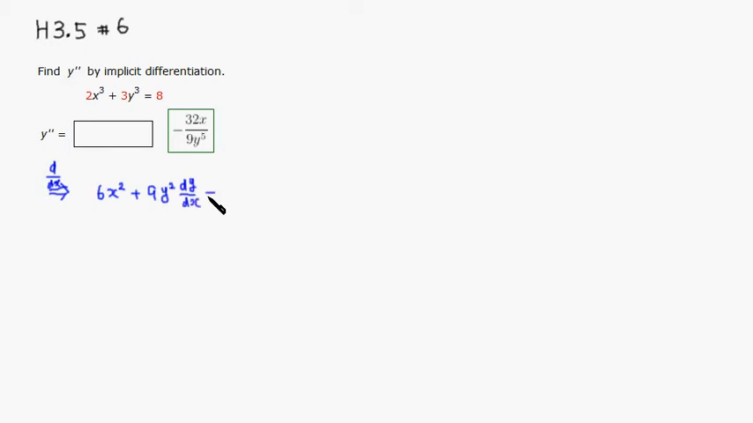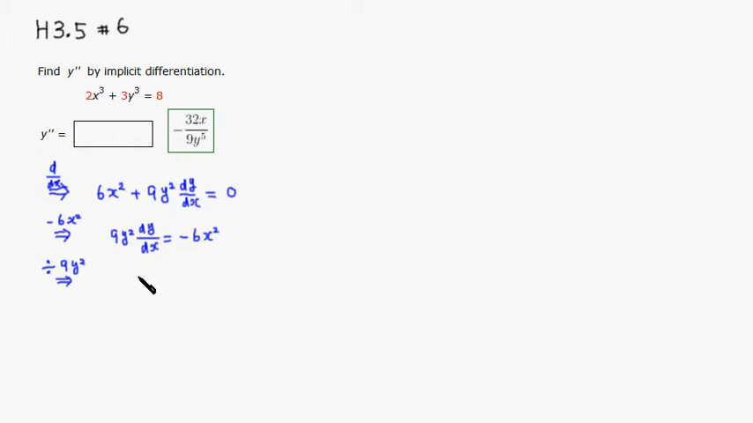right, is equal to the derivative of 8, which is 0. Right? Then we can just subtract 6x squared from both sides. You get 9y squared dy over dx is equal to negative 6x squared. Right? Then we can just divide it through by 9y